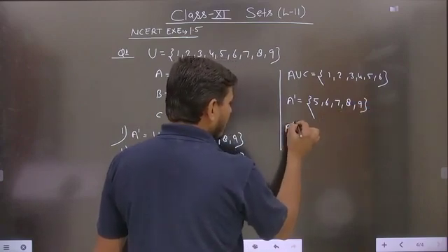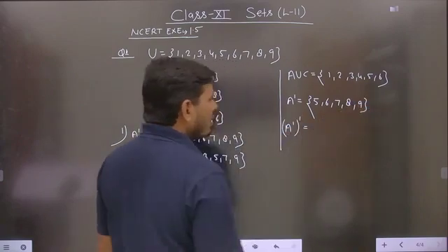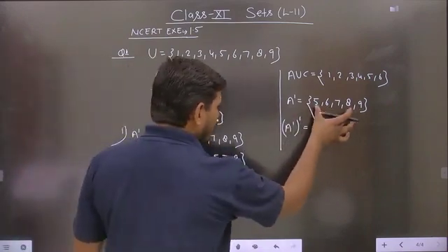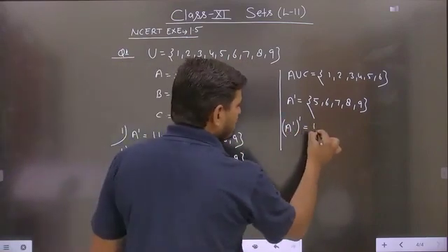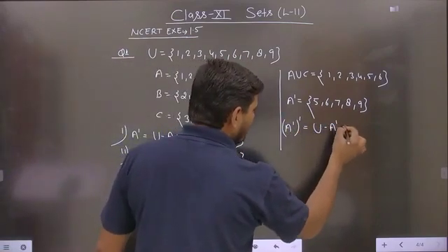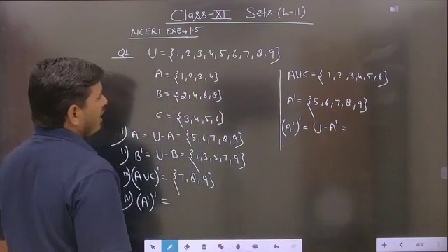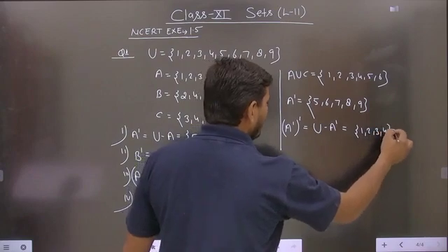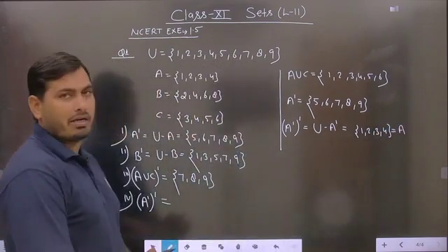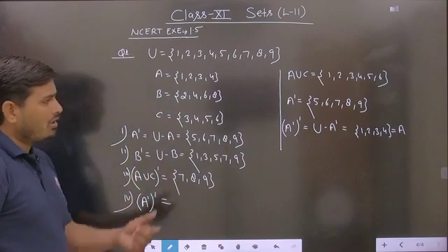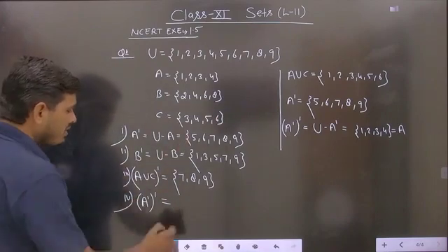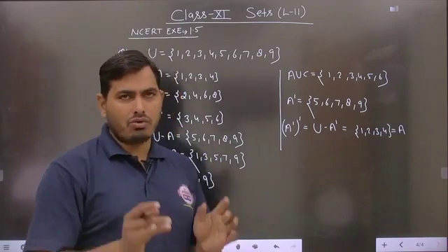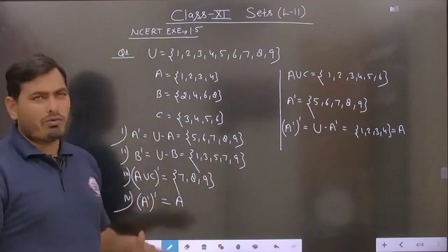Again, suppose we have to calculate (A dash) whole dash, which means the complement is taken two times. Then, student, we just have to subtract these elements from U again. It will be written as U minus A dash, and we subtract all the elements of A dash from U. Then again you will get the answer 1, 2, 3, 4, which is always equal to the set A. So easily you get the answer of (A dash) whole dash, which is equal to the set A. Is it clear? In this way you can simplify each and every question, no problem.